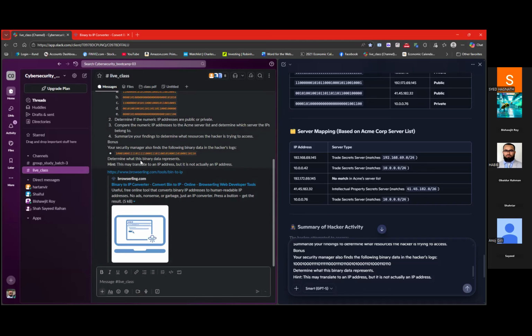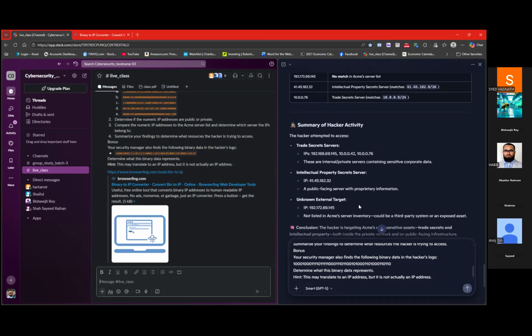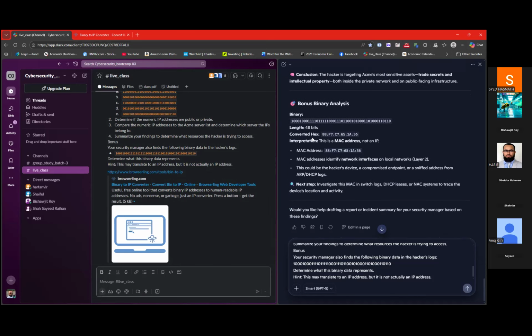তাহলে কি আনসার হয়ে গেছে? Summarize the finding determine to solve the hackers boxes. বোনাস যেটা, সেটা তো মনে হয় ম্যাক অ্যাড্রেস, রাইট? হ্যাঁ, এটা বলছে ম্যাকেটটা কি জানি বললো